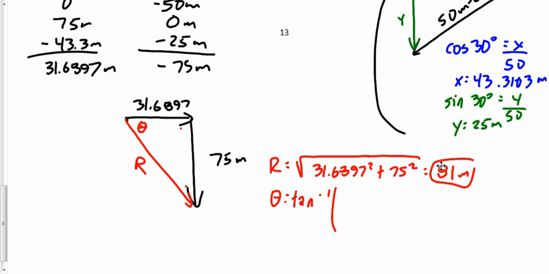What's the opposite side of the triangle here? Is it 31 or 75? 75 is the opposite side. 75 over the adjacent side